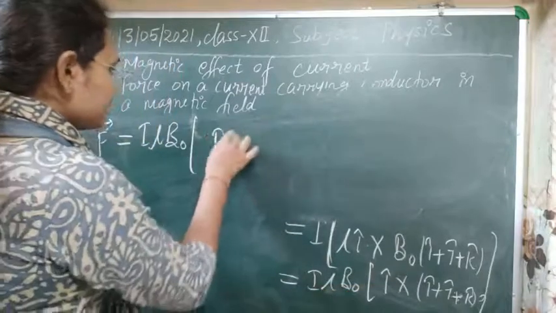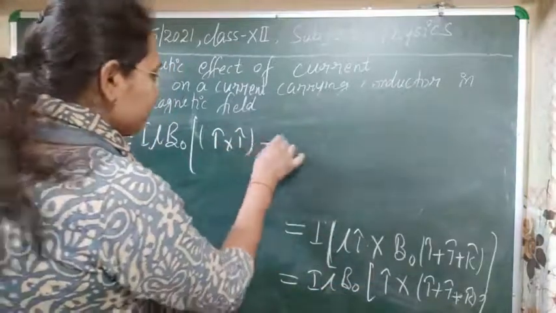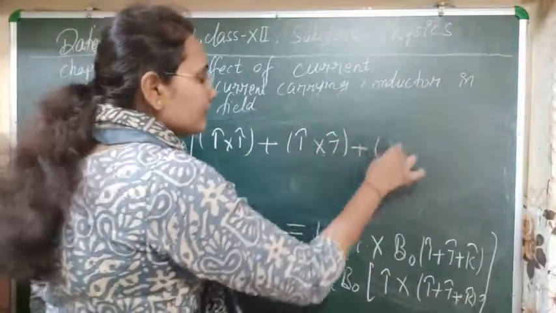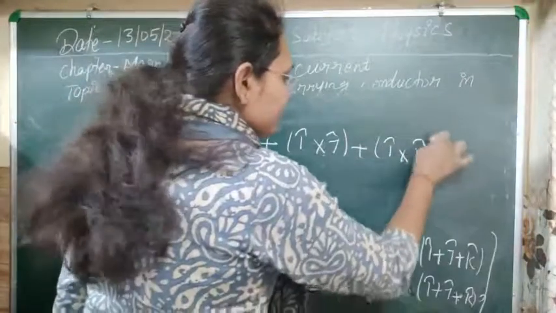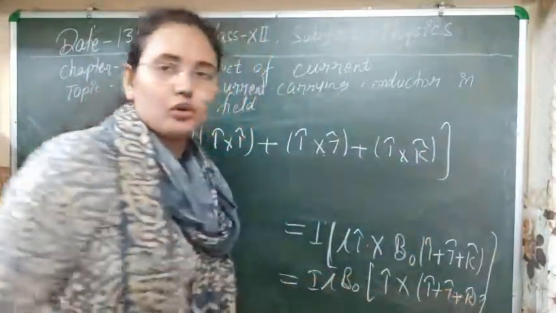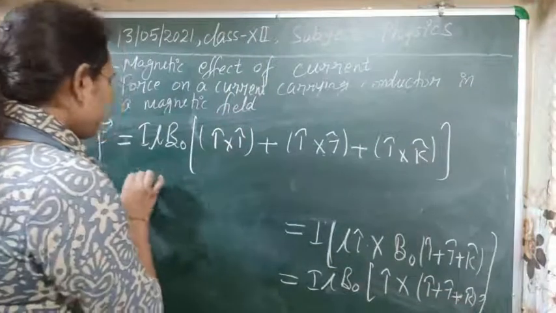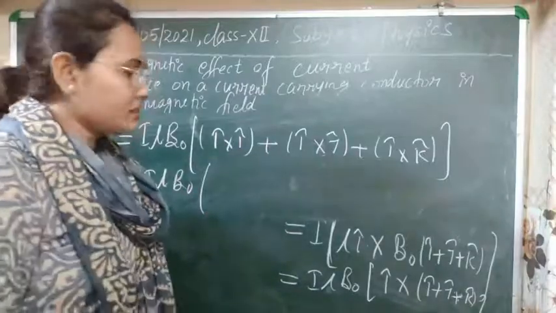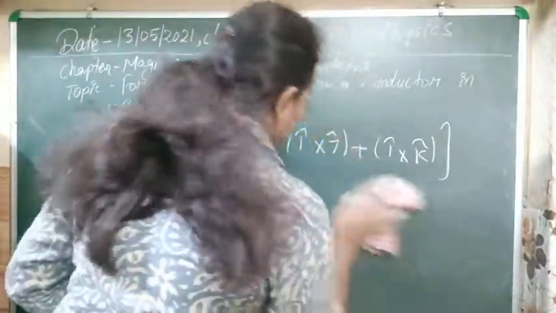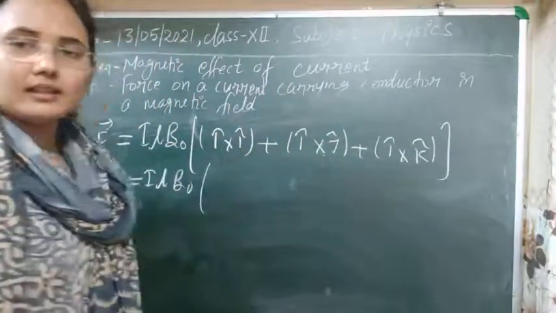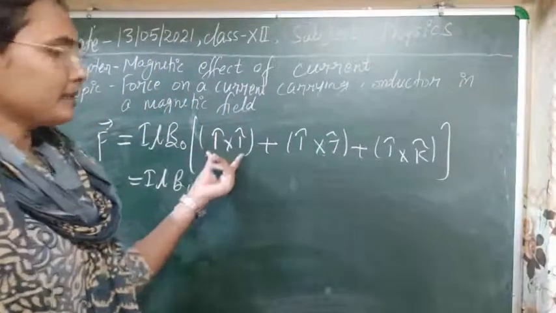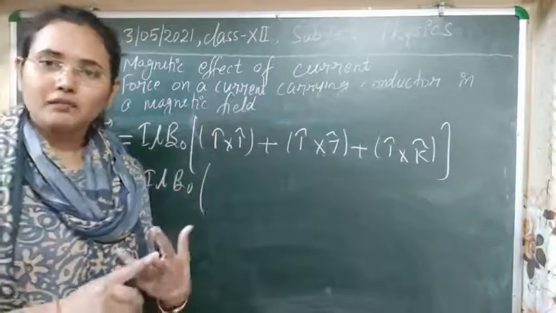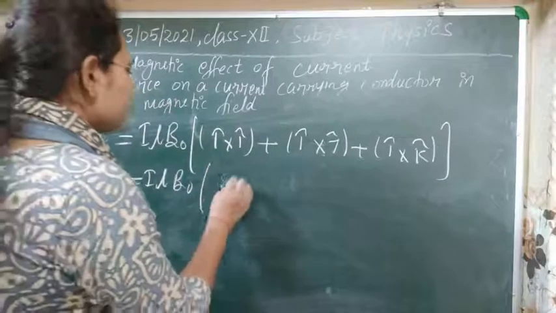Let's see that this is I cross I, then plus we can write down I cross J plus I cross K here. Distribute this term over the whole bracket term. Now you can just write down the values here. As you know that I cross I means the two vectors are in the same direction, and taking their cross product, by the formula A cross B is AB sine theta, the angle between the two is 0, so for that case it is also 0. So here this term will be 0.